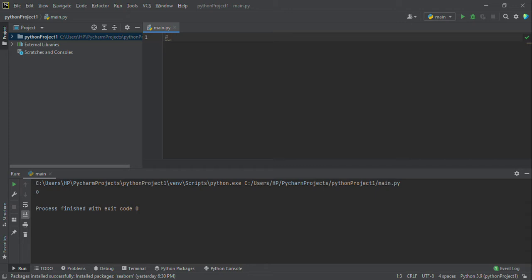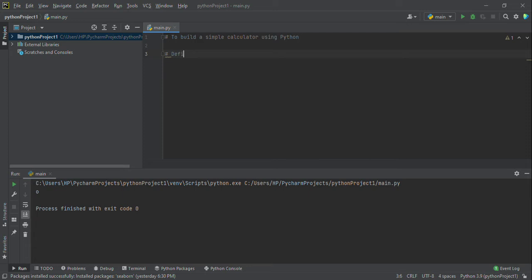So it is to build a simple calculator using Python. Now the essence of this project is to build a simple calculator using Python. So the next thing we're going to do is to